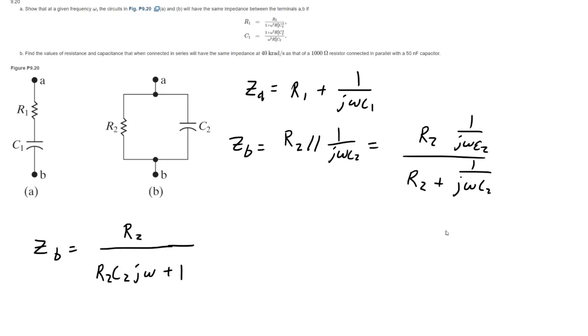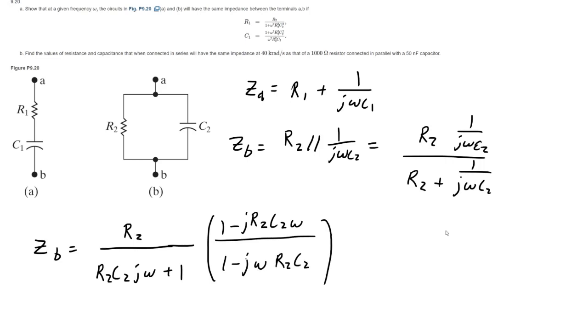And if we go ahead and multiply this by its complex conjugate, we're going to do 1 minus J omega R2 C2. Multiply these all together,